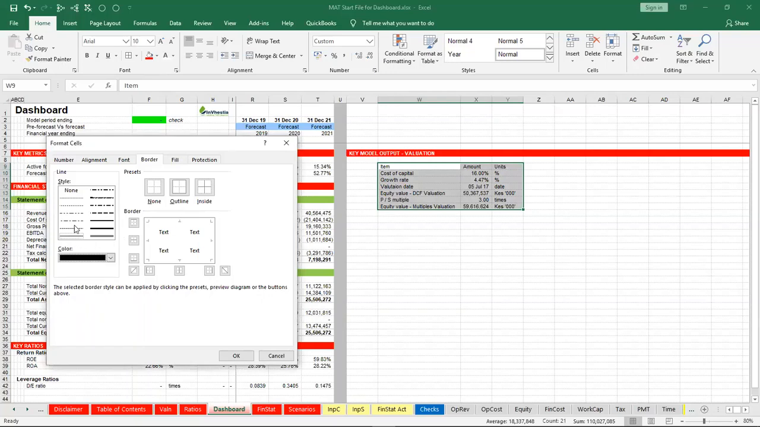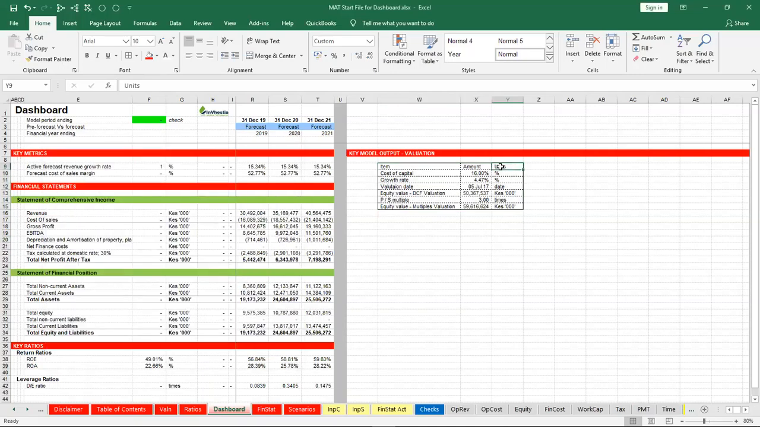Then for our outline, we want it to be in black, so it's already highlighted. So we'll click on that. Then for the inside, we want it to be in dotted lines. So we'll click on dotted lines and click on inside, and then click on OK. So our table appears in that form. So then what we need to do is